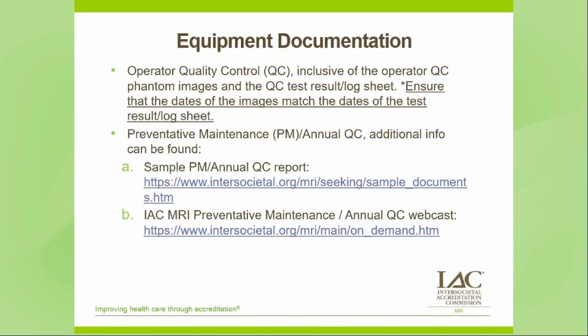The next most common oversights are related to the equipment documentation, specifically the operator quality control material and the PMs or annual QC surveys that are performed by the medical physicist. For the operator QC, this is to be performed on an ongoing basis. The assessments that are to be included are the assessments of the center frequency, relative signal to noise, image uniformity,